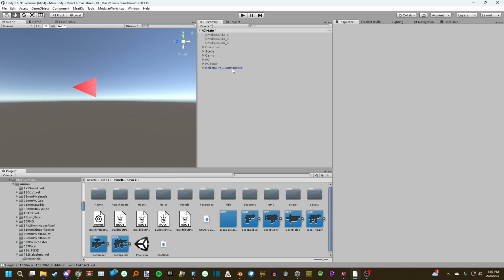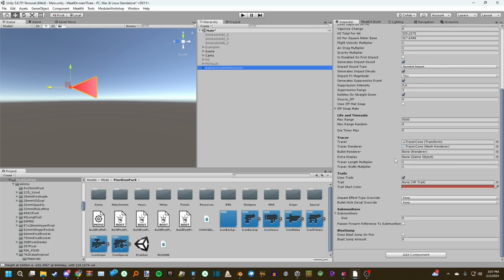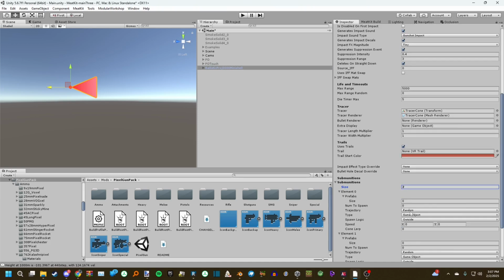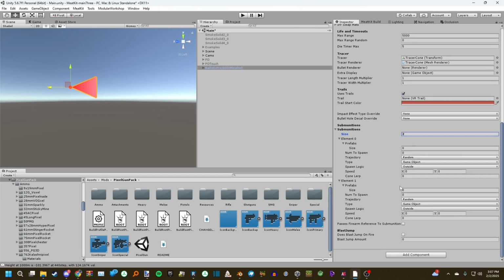What else have we got? Let's take a look at our projectile here. All right, submunitions. So that was tracers and bullet renderers and extra displays. Again, prefab loading existing ammunition will tell you a lot about how that stuff is set up, and it'll give you ideas for how to do yours. Submunitions are, I like them. They're fun. They're cool. It's a way to level up your custom ammo and make it more exciting, especially in